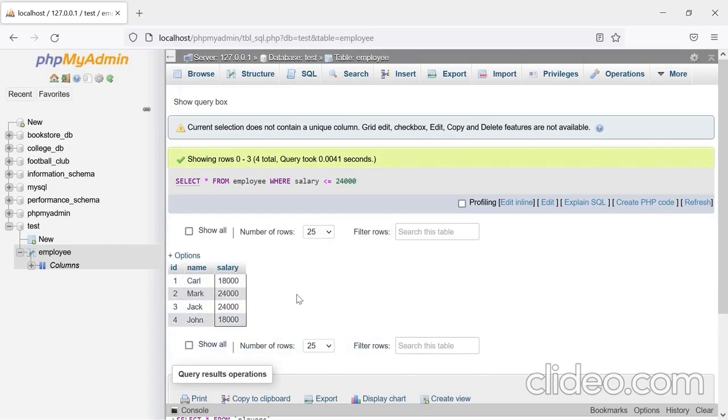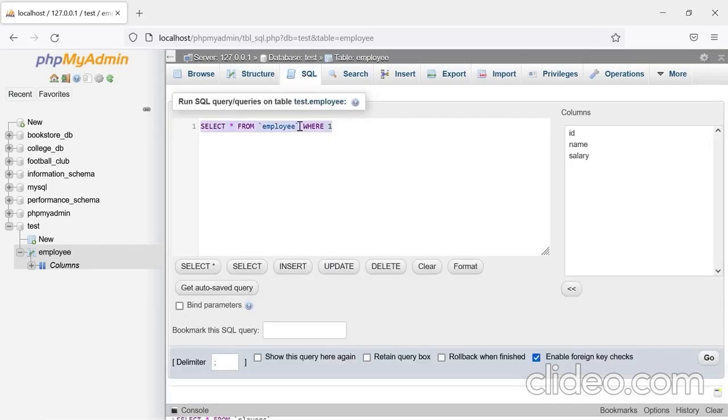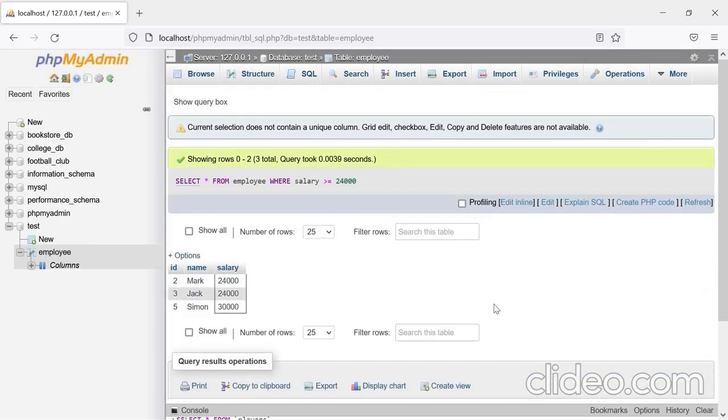What if the employer wants to know which employees receive a salary that is greater than or equal to $24,000 per year? To generate these results, I can use the greater than or equal to operator in my SQL statement. So I write the following SQL query. Select, asterisk, from, employee, where, salary, greater than or equal to symbol, 24,000. This time, the greater than or equal to symbol is used to check whether the value stored in each field of the salary column is greater than or equal to $24,000. I click Go to execute the query, and the output shows that there are 3 employees who earned $24,000 or